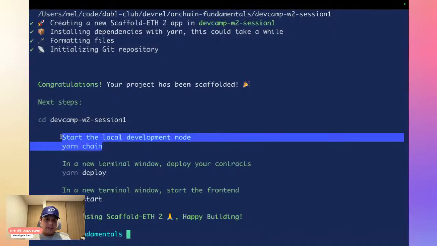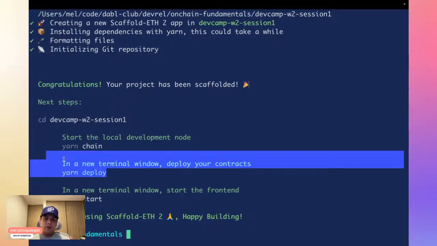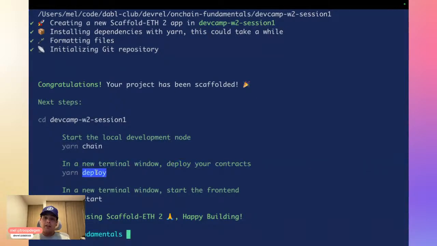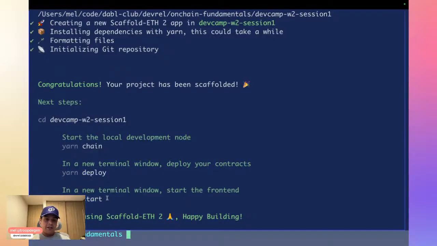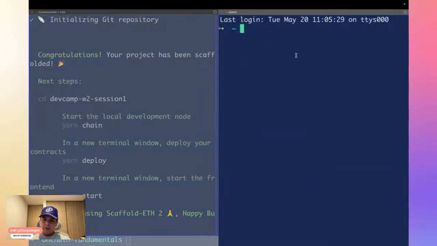One, we have the local chain for our development purposes. We will be running a local blockchain, already seeded with ETH, and it runs on our machine. Once we kill that blockchain, everything disappears. On the second terminal, we will be running our commands to deploy the smart contracts that we create. And whenever we want to test on the front end, we will need to start the front end application. So that's why I say usually 3. One is for the blockchain, which is the first one I'm going to be doing here.